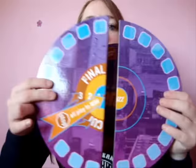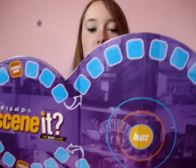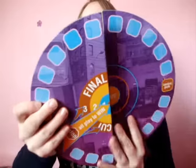So first of all, before I show you the best bit, we have the little board. And this is like a little film reel, really lovely. You've got obviously your starting positions and your way to go around the board, and that folds up nice and compact. And then we have, bear with me one moment because these are in a muddle, they're all upside down